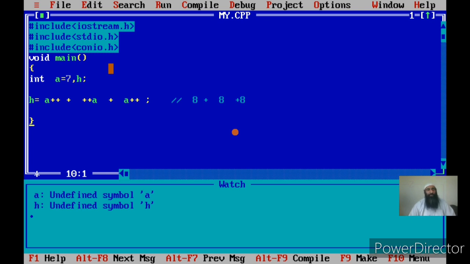And which operation is to be performed? That is determined by the precedence of the operators. If the operators have the same precedence, then we have to check their associativity. Let me tell you that increment and decrement operators have higher precedence than arithmetic operators.